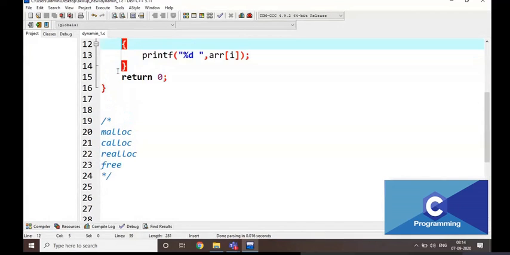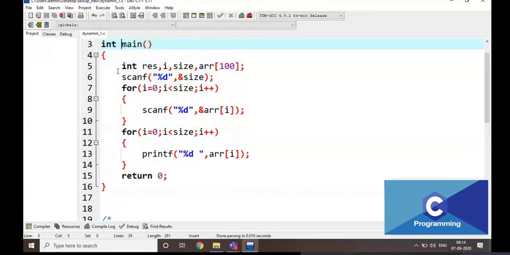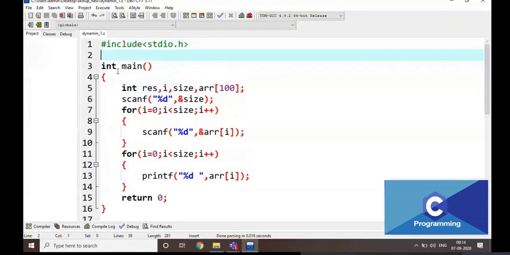Okay, malloc. First of all, we have to write one more header file, that is #include <stdlib.h>. We have to include this header file for dynamic memory allocation.